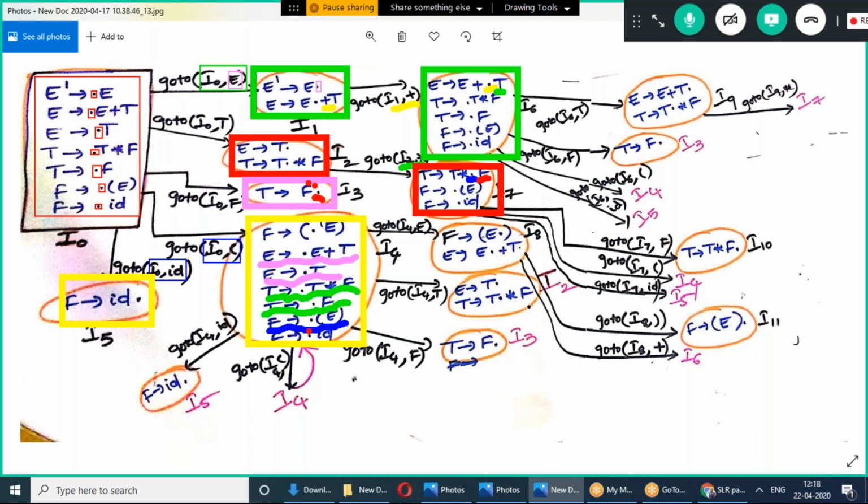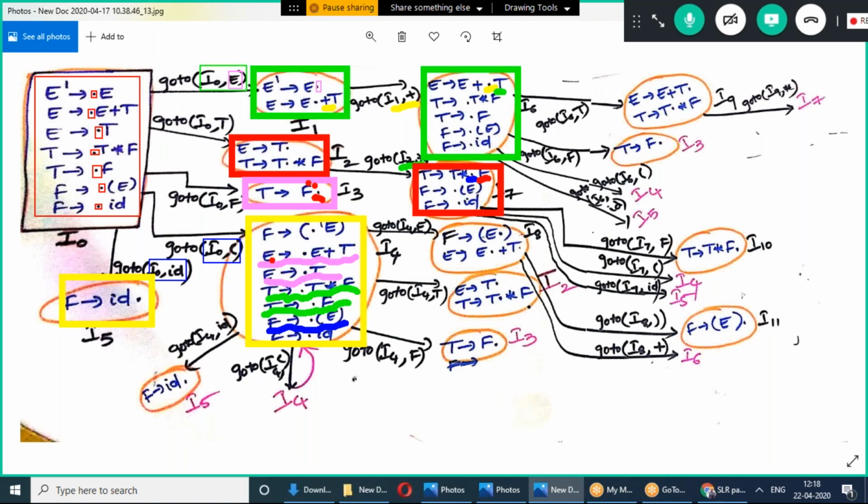Now let us see each one by one. First of all, goto of I4 comma E. Whenever we perform goto of I4 comma E, these are the two productions which have E after the dot. First let us take F → ( E . ). That production is over.